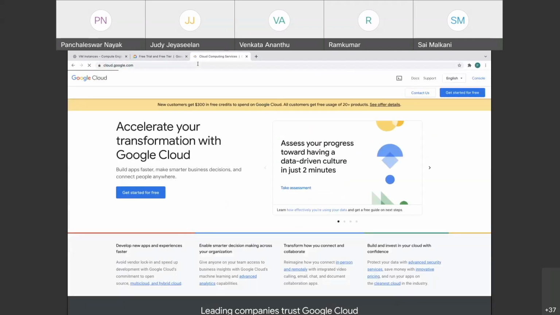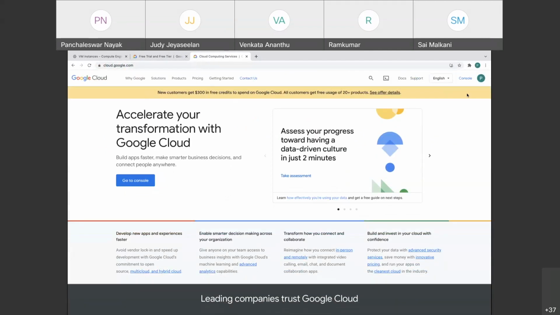Then it will directly take you to login, and you can log in here and reach here, right? And after that, you see here a console, right? Just click there. Once you reach this page,